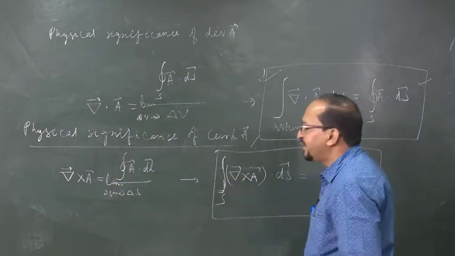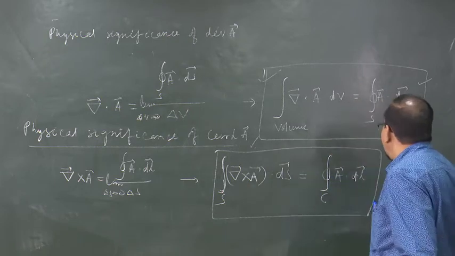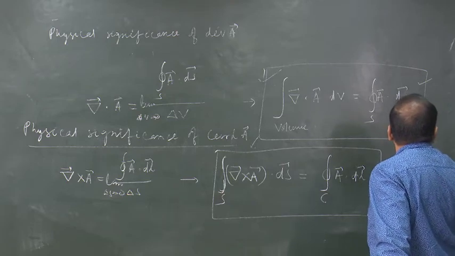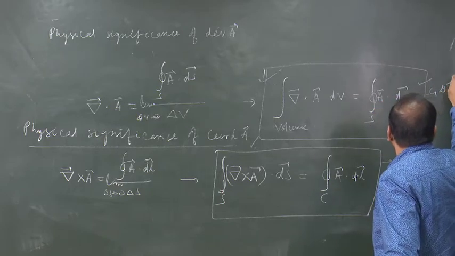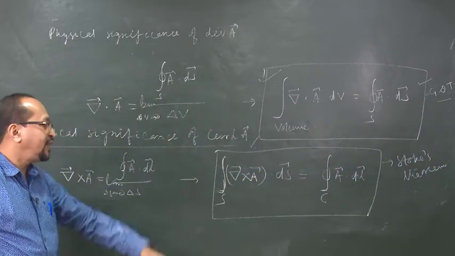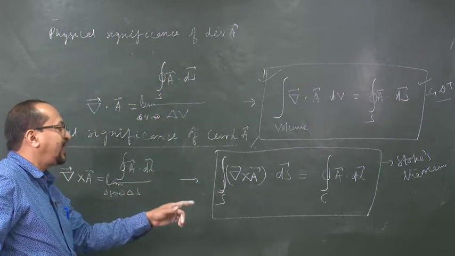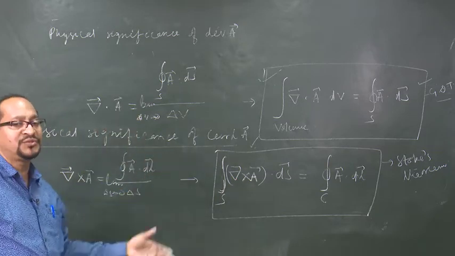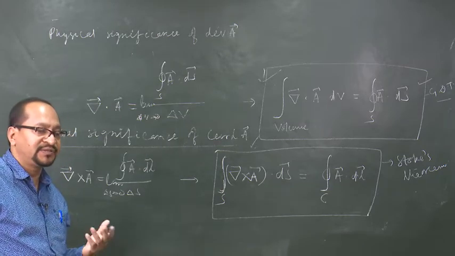This theorem relates your line integral with the surface integral. Okay. And this theorem is called Stokes theorem. This one is Gauss divergence theorem and this is called Stokes theorem. So, Gauss divergence theorem relates your surface integral with the volume integral, and Stokes theorem relates line integral with the surface integral. We will find extensive use of these two theorems in electrostatics and in almost all fields of electricity, magnetism and physics, of course.